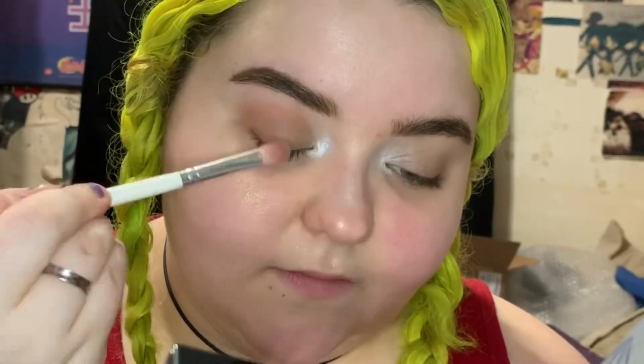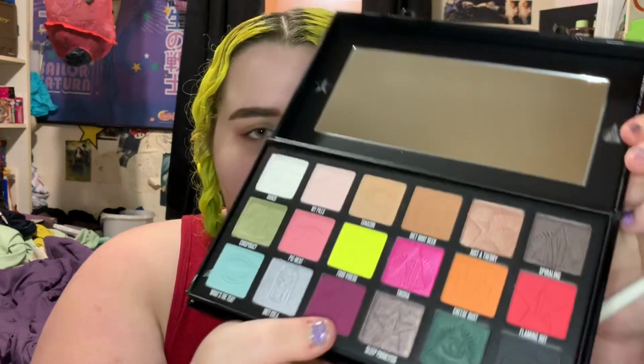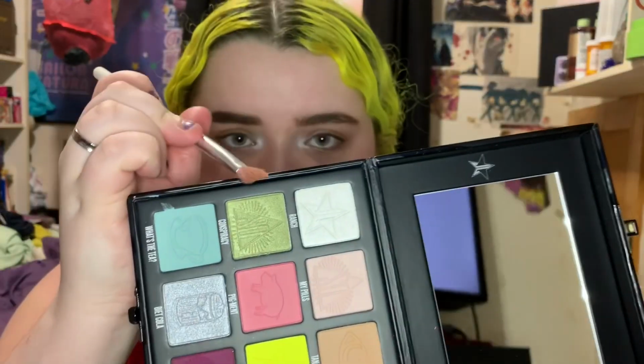ABH primer. I have tons of samples from Sephora. I'm trying to figure out what type of look I want to do, but I just like looking at this. The colors are beautiful, but it's just not giving me a look right now. So I'm gonna take the shade Conspiracy and I'm gonna put that on the inner half of my lid and see how that goes. Use my finger because